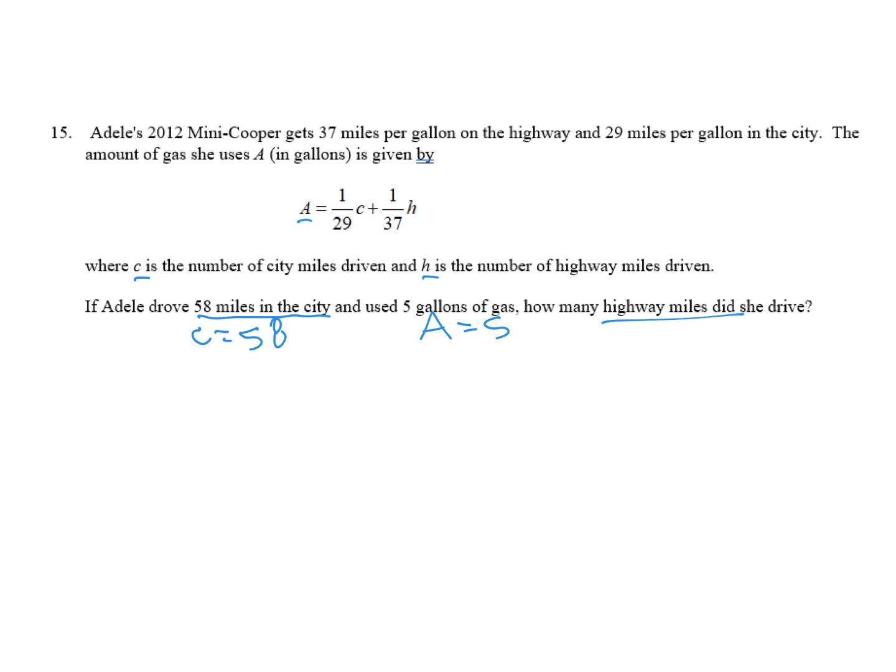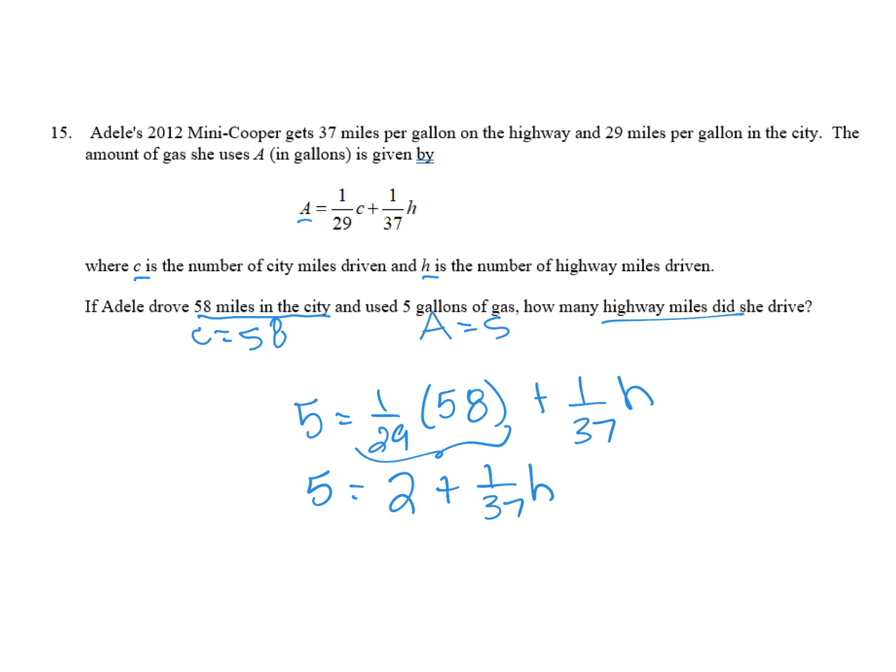So what that means is A is 5, C is 58, and I'm going to need to solve for H. And I really feel like substituting and then solving is probably your best bet. So let's simplify, because I can simplify that. That's 5. 1/29th times 58 is actually 2,